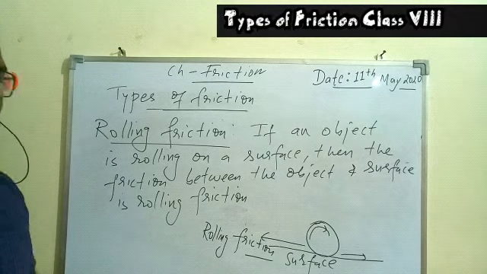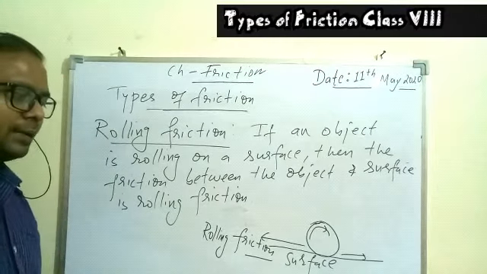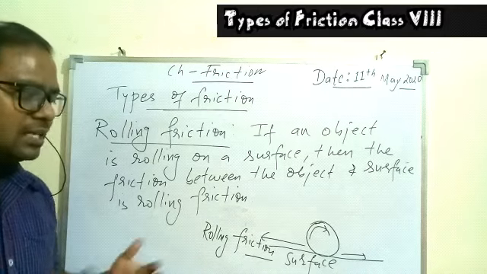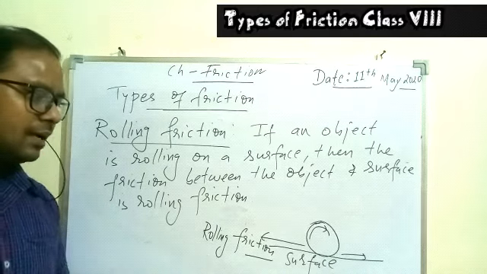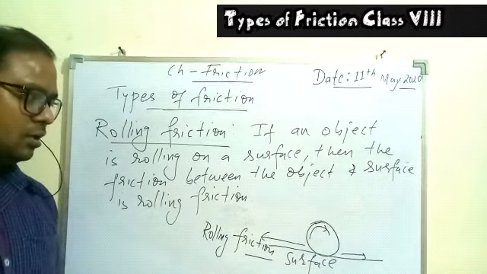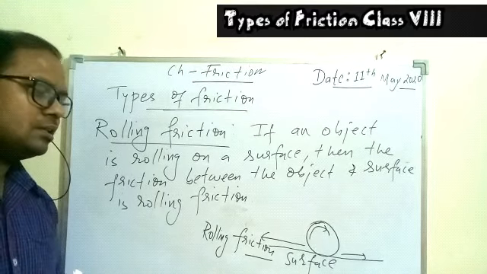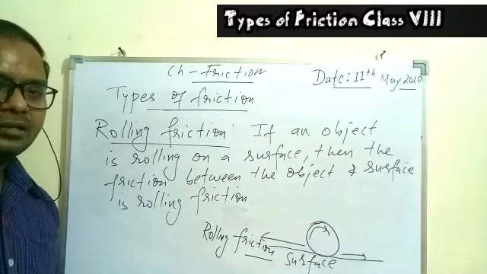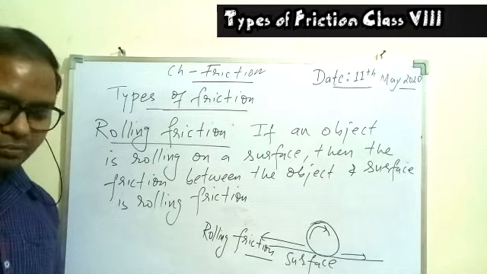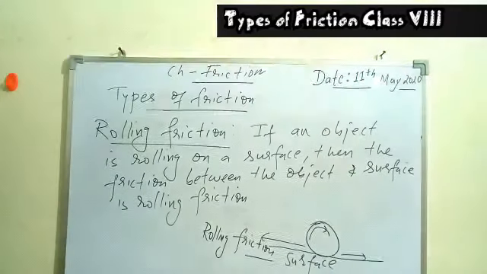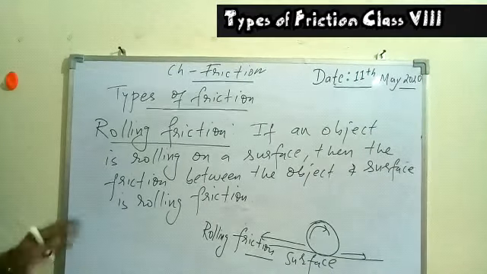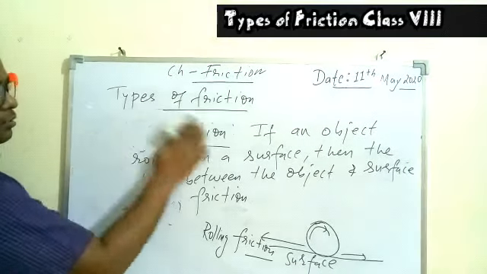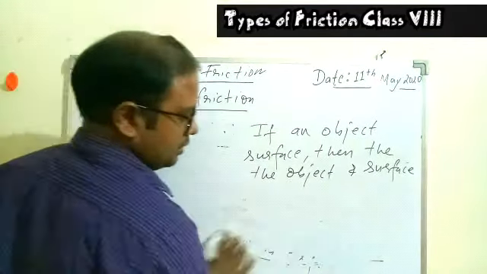So that is how we have three different types of friction: static, sliding and rolling. Now let's compare the rolling friction with the static and the sliding also. We understood the sliding is less than the static, but if you compare the rolling friction with the sliding and the static, let's see which force will be more. I hope this much you have done and written also. We are going to the next concept related to the rolling friction.